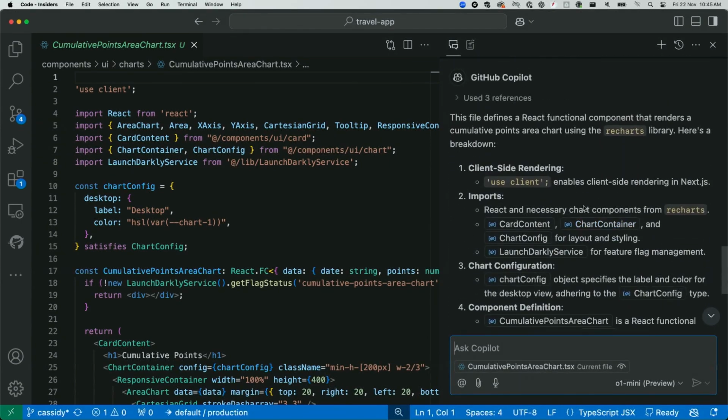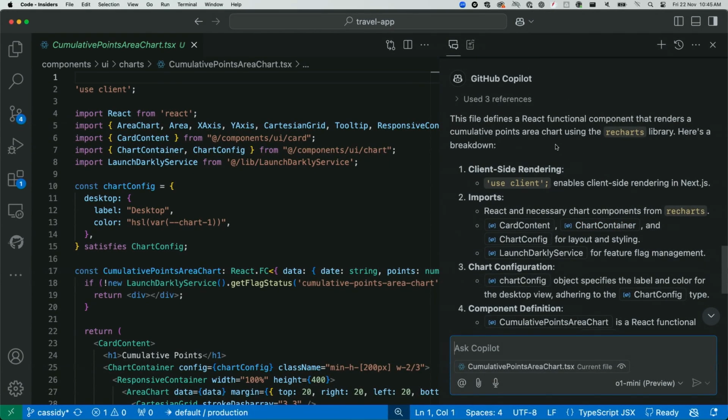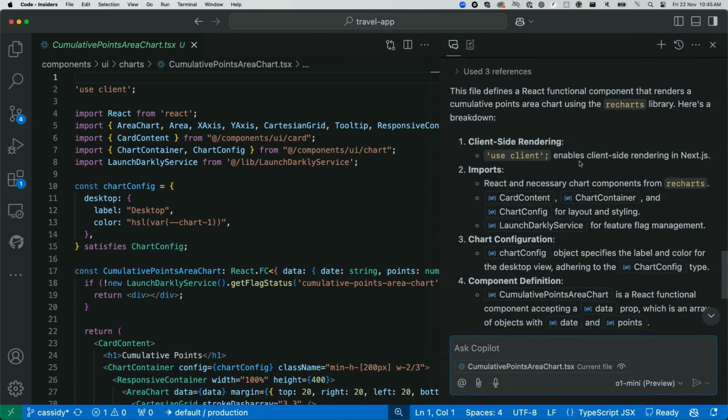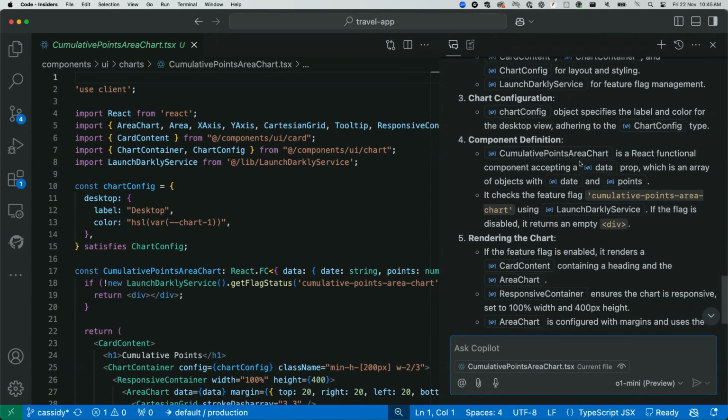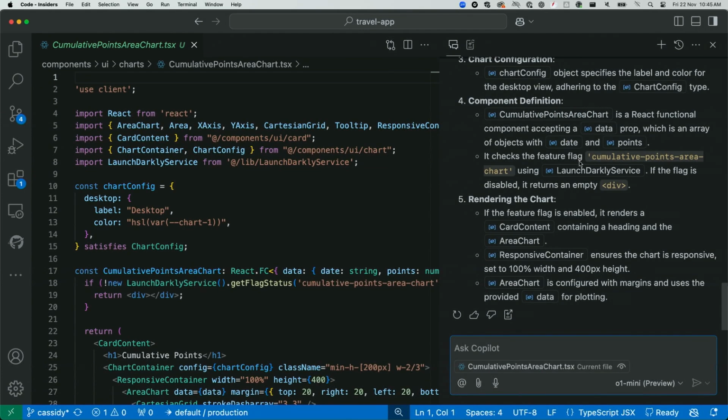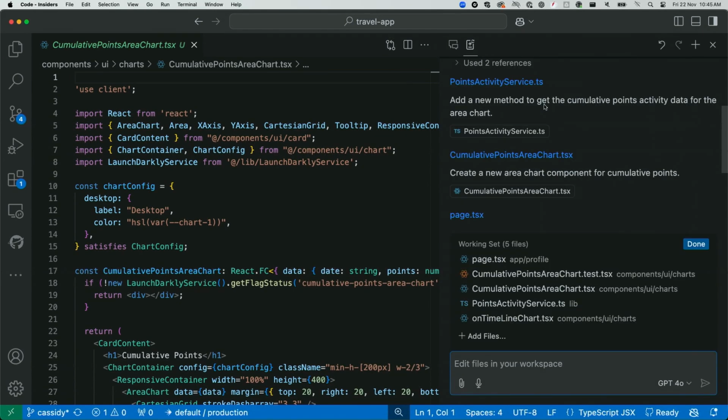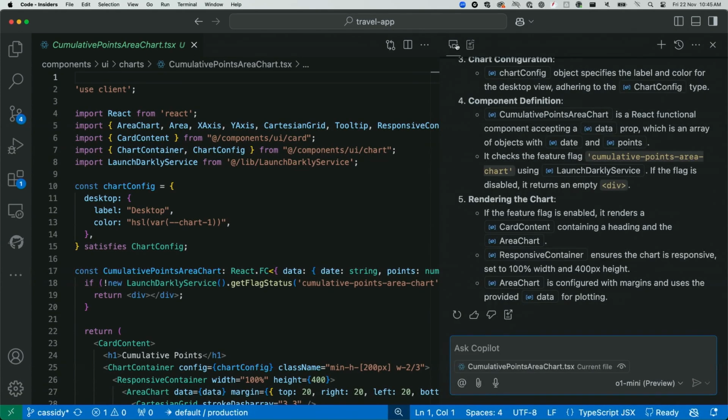O1 Mini said it defines, it's quite right to the point, defines a React functional component, client-side rendering, imports, chart configuration, and so on. So you may prefer one of them for certain tasks, and you can get to learn which ones you like. All right, this is also, by the way, available in Copilot Edits, so you can make the change there as well if you prefer one of those tools to solve those problems across multiple files.